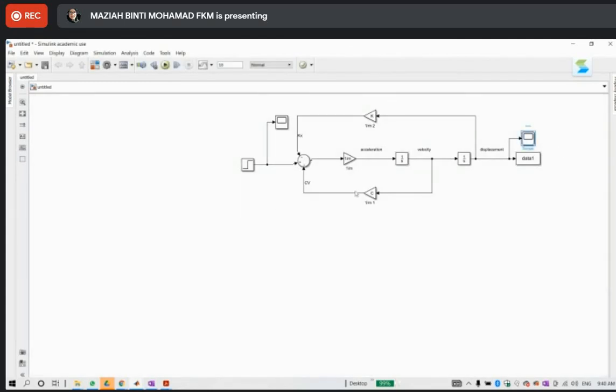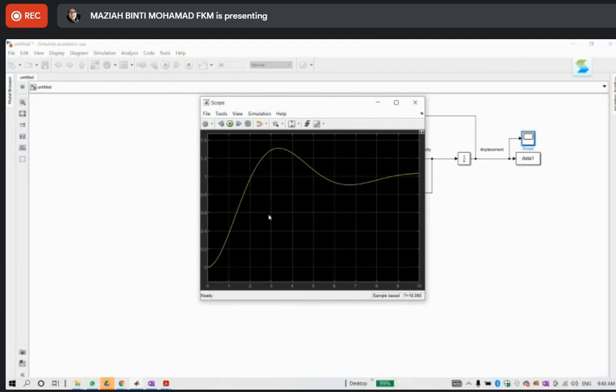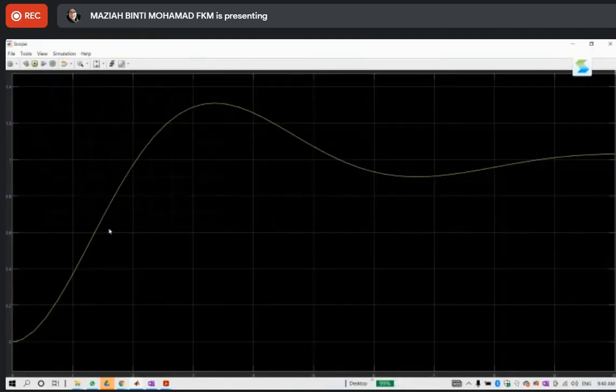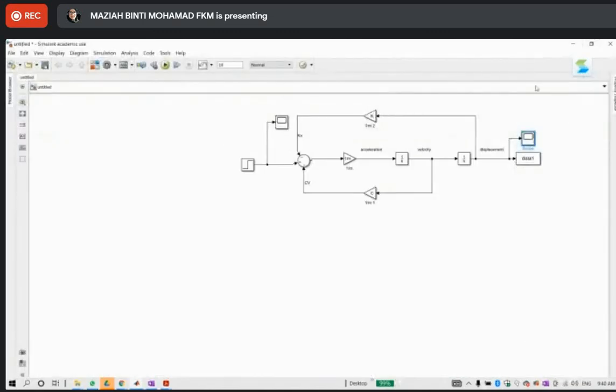Okay. So this is the response, second order system. Okay, second order system. Right. Then you're going to do the same. You're going to plot, and if you're going to add a PID controller, then you're going to do